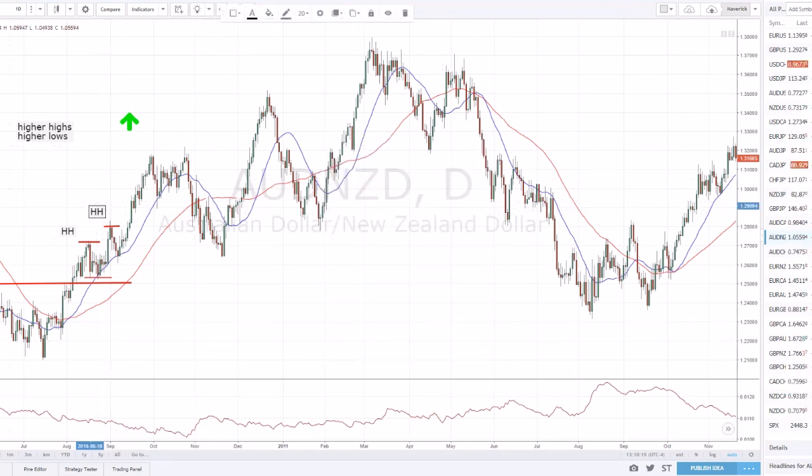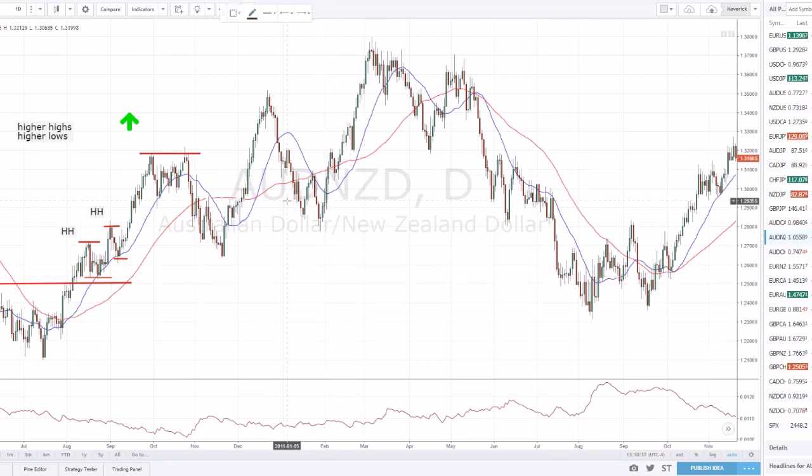Price made a higher high, bounced off, came down, hit the 20 SMA, made a swing low, a higher low, and shot all the way up here, made a new higher high, right? So in this impulse move, these moves, this is basically how